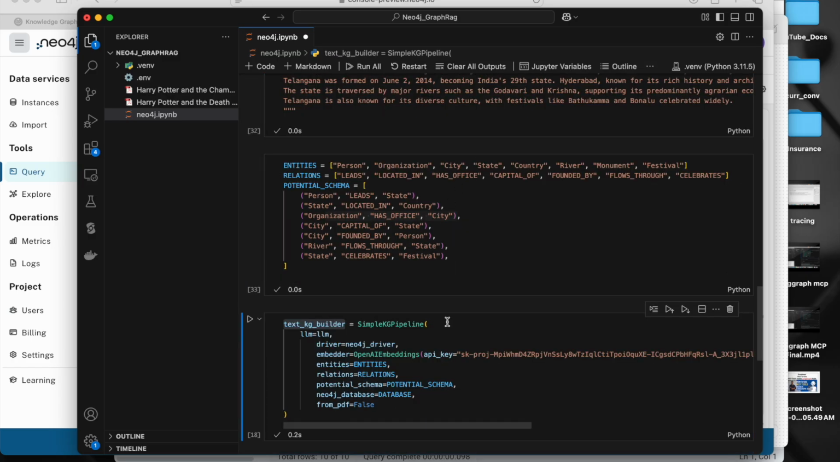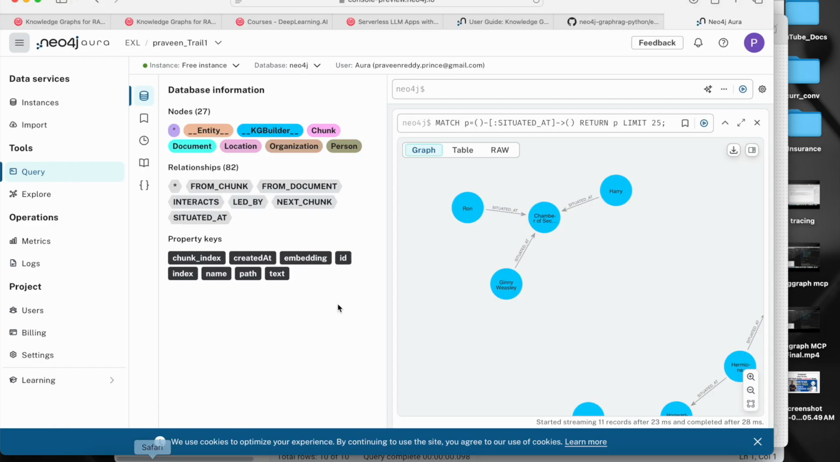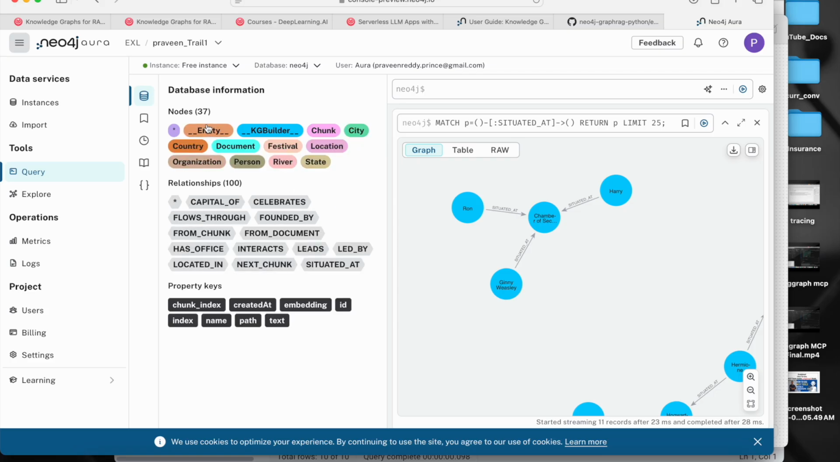The class and everything is the same, we don't have to change anything, only that here we have to pass textual information, and in this simple KG pipeline we have to pass from PDF equal to false. By default this will be true, so we have to explicitly make it false, because we are not reading the data from a PDF file, and then execute this. And now if we go to this Neo4j database, we'll get more nodes as well. Right now we have only 27, now it has moved to 37. So now if you see, has office, see,